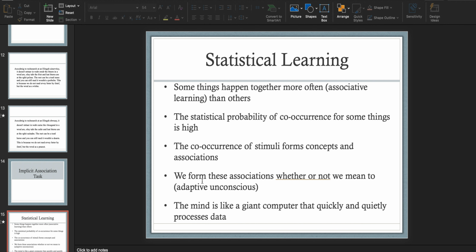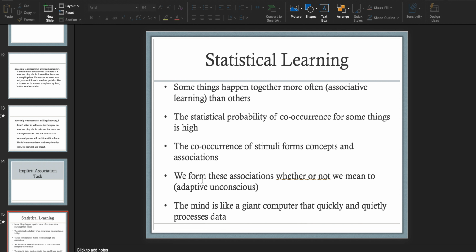It depends on whether you think attention is active, that it's always something I'm in control of. Then you can say statistical learning would say we learn a lot of stuff without actively attending to it. But if you think attention can happen outside of control, then you could say statistical learning folks would say we are attending to it. But the idea is we are processing information that's not always active, and we're processing more than we think.